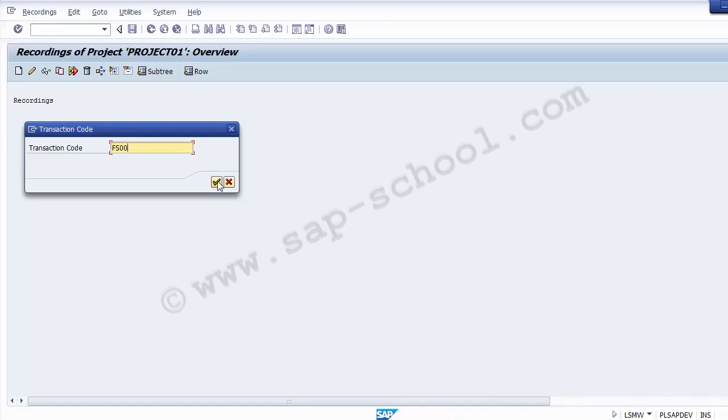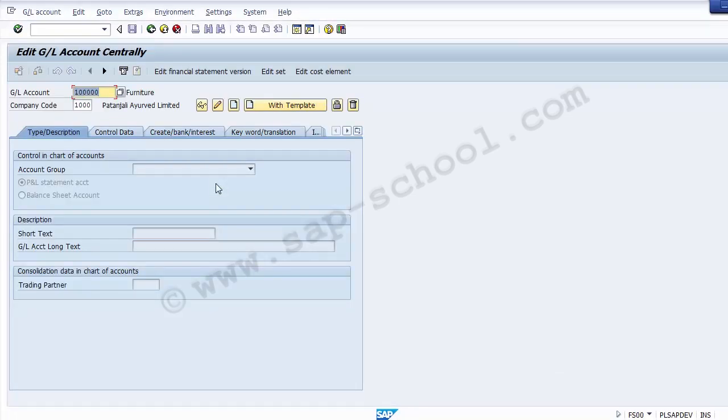So moving on to the next, continue. Now you can see on the screen that the transaction has been called up, and now we'll be creating the recording for it, and we need to assign the GL number over here, which needs to be created. The GL which we will be creating now is, suppose, 100000 for, and once you have taken the GL number over here and the company code on this, we need